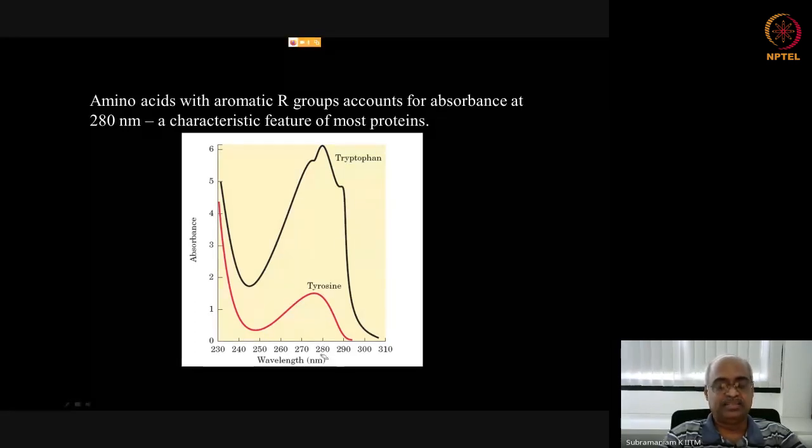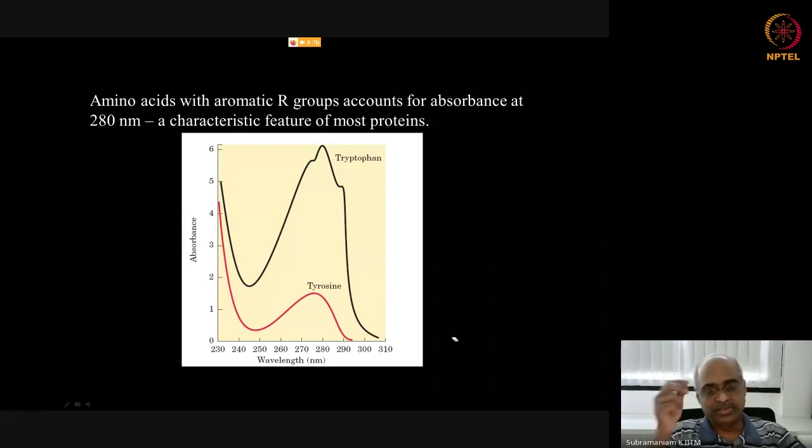This characteristic absorbance comes from the presence of aromatic rings, like for example tyrosine and tryptophan. So this is an indole ring, and this is a phenol group, benzene with the hydroxyl group. So presence of these two amino acids gives rise to this 280 nanometer characteristic absorbance maximum for proteins, and this is often used to measure